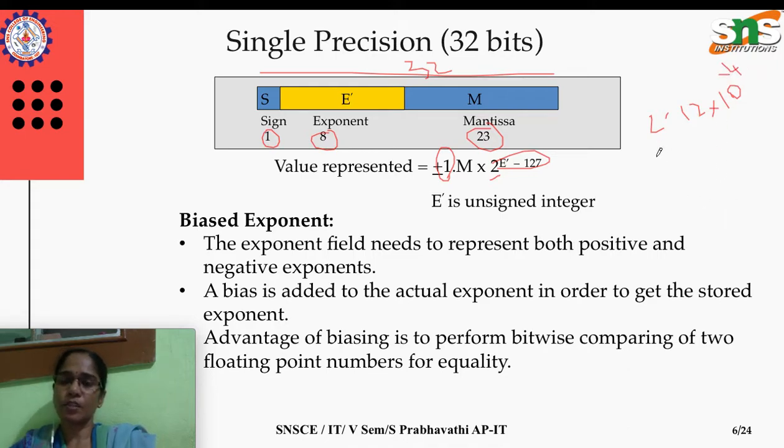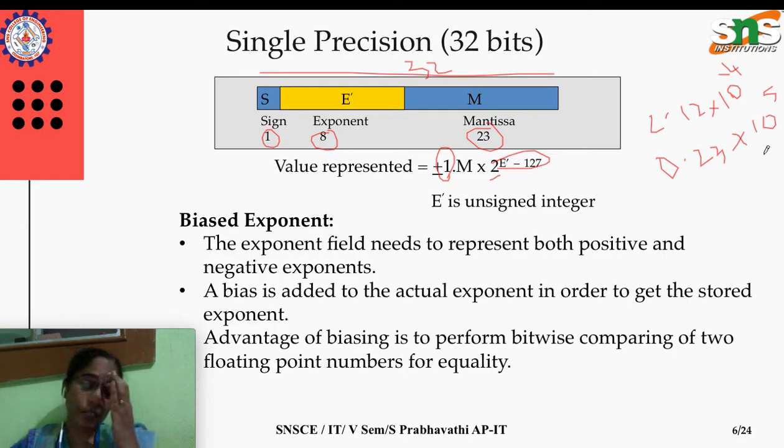Suppose I have a number like 2.12 × 10^-4, and something like 1.23 × 10^5. So I have a representation like this. If I want to do an arithmetic calculation on this, either addition, subtraction, or whatever it may be, I need to make both the exponent parts equal, is it not?